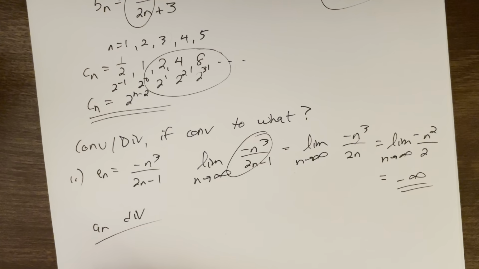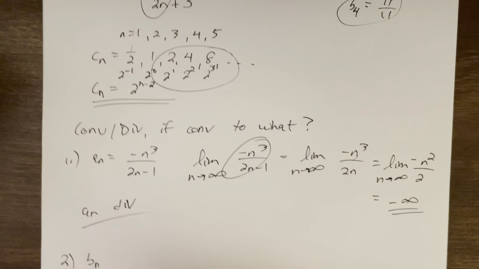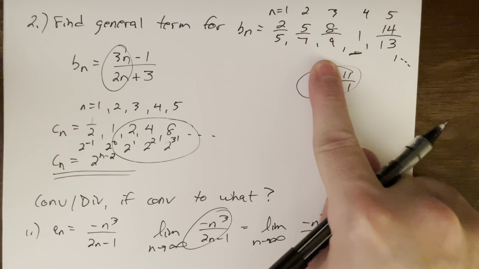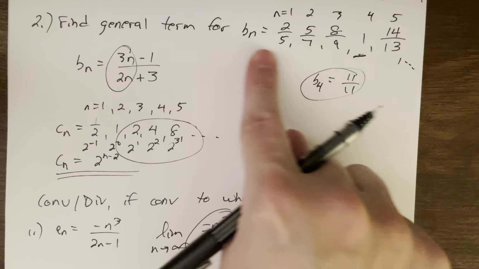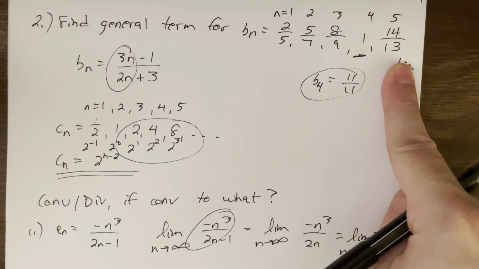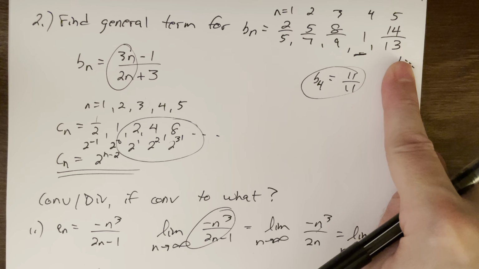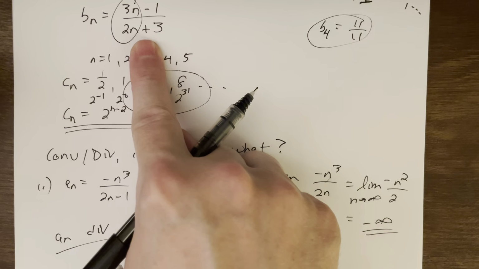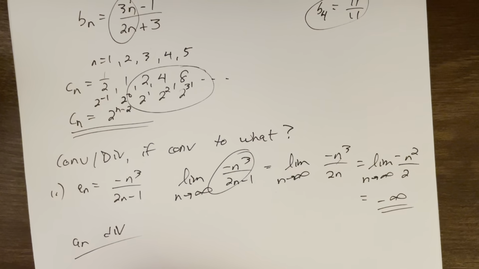So number 2, we're still converging, diverging. And now let's do it for b sub n. Remember, b sub n was not given by the general formula. b sub n was given by these terms. So if you want to figure out, does this converge or diverge, you'd have to do the general formula first. So I'm going to take advantage, we already did that. But again, if I just gave you the problem